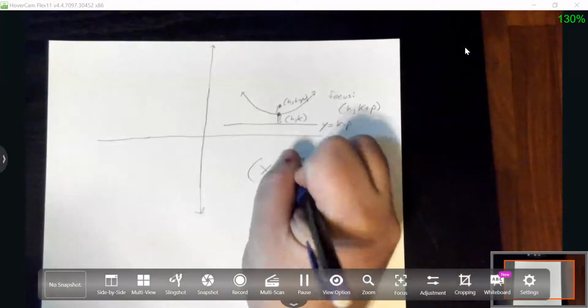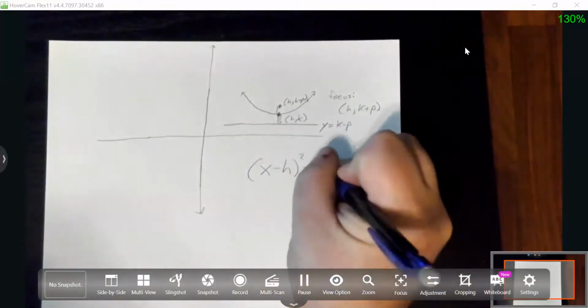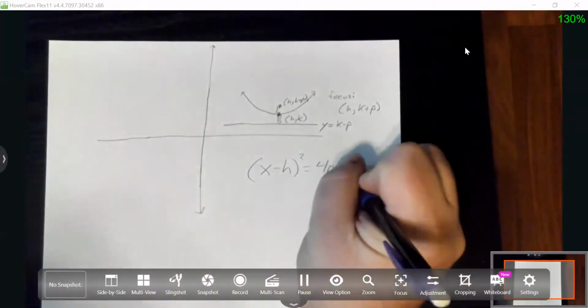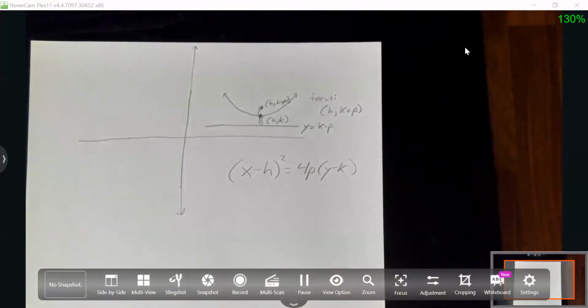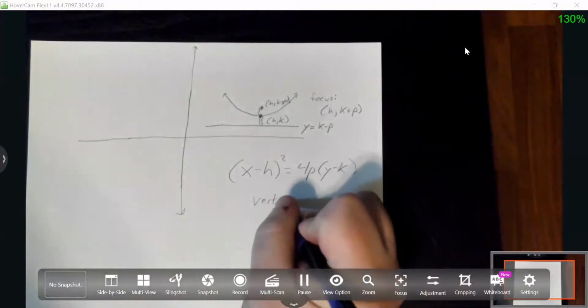(x - h)² = 4p(y - k). This is our full, big, ugly version of the parabola equation. This is the version that gives us the most information. We can still find the focus. I'm sorry, we can still find the vertex. Our vertex is still